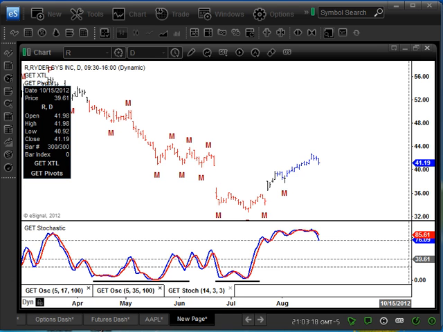In today's afternoon mentoring, one of our clients pointed out a possible stochastic sell on this chart. It's Ryder on a daily chart, and we talked a little bit about the options element of this trade, what to do if you're going to do the options component instead of just shorting the